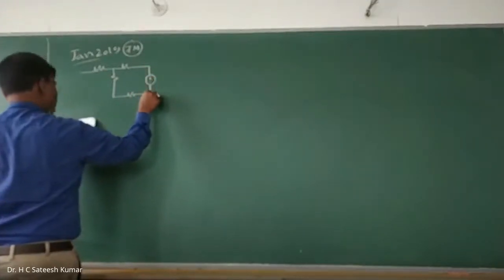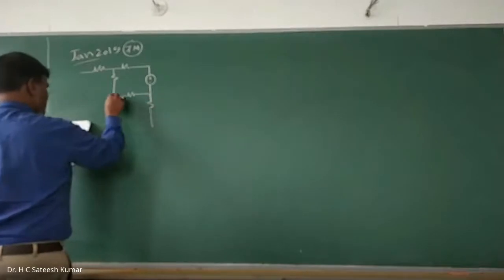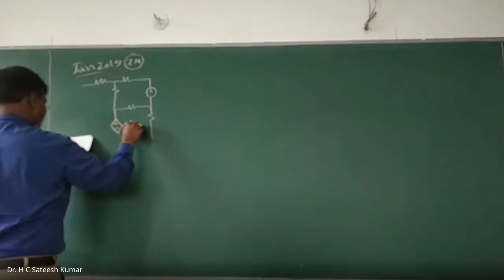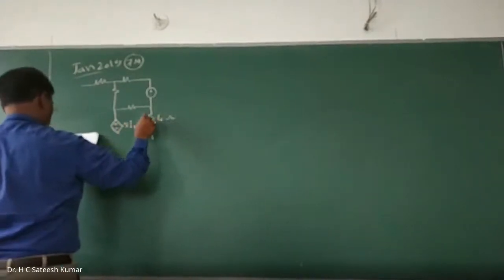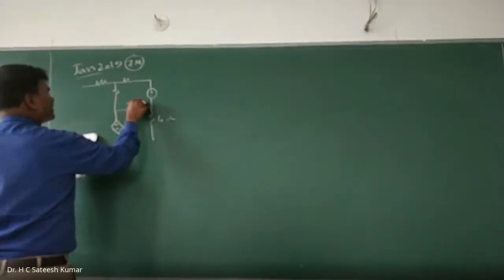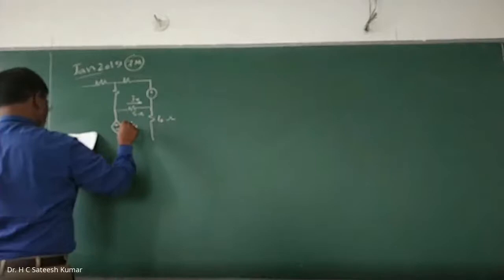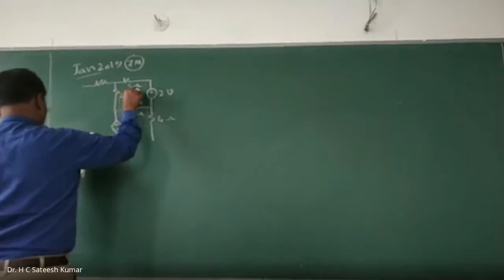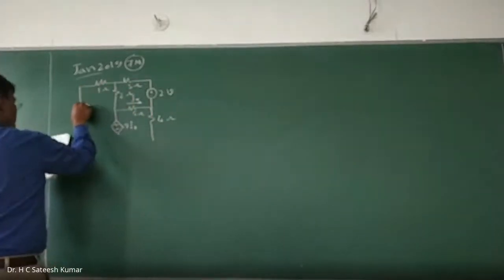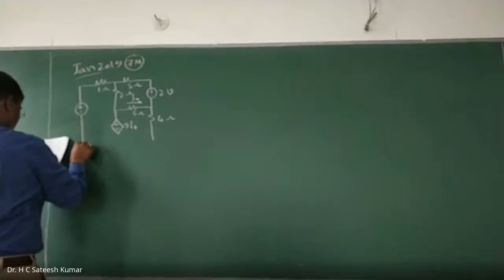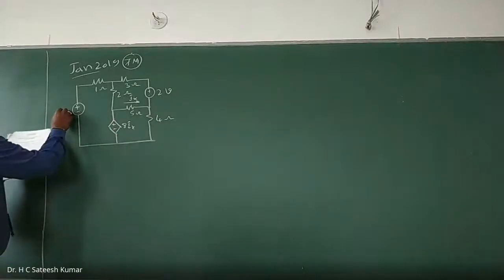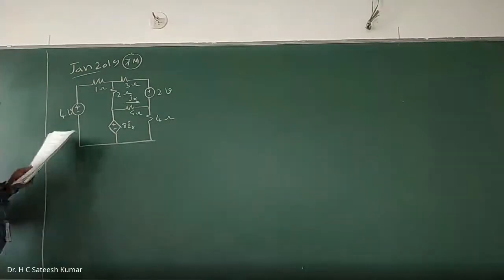The circuit has a dependent source of plus minus 8 Ix, 4 ohms, 5 ohms, and he has mentioned the current as Ix like this. The direction also he himself has mentioned. Then 2 volts, 3 ohms, 2 ohms, 1 ohm, a source, and 10 ohm, 4 volts, 4 volts, 1 ohm. Okay, this is the question.